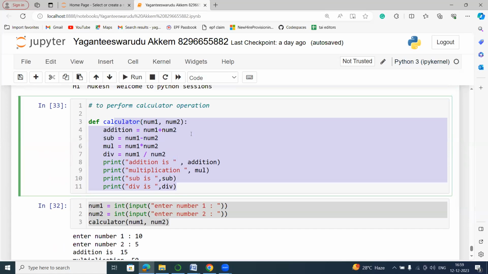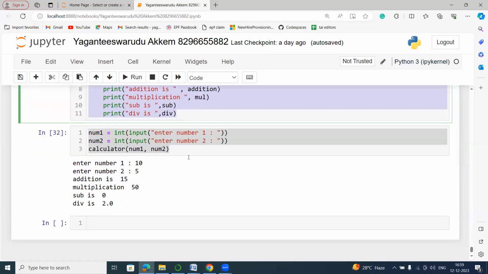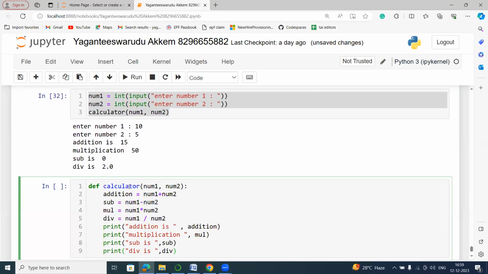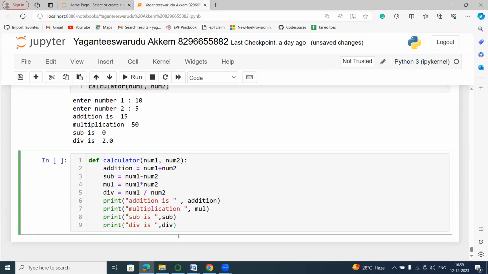This is about functions with parameters. There is one more thing I am telling, right? Return value. So what is return value? How to return the value from the function? Here, if you see in my program, what I am doing is I am performing some calculations. In the program itself, I am